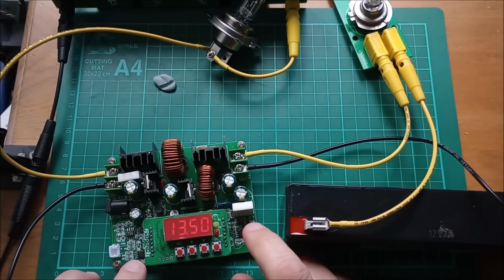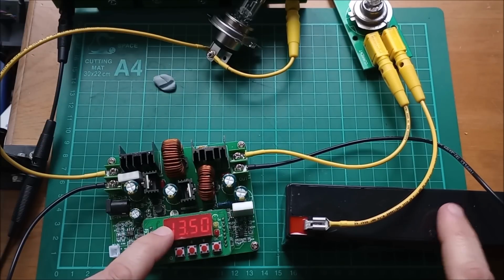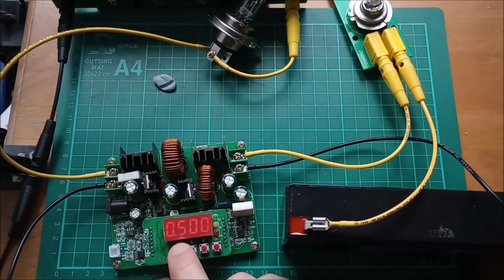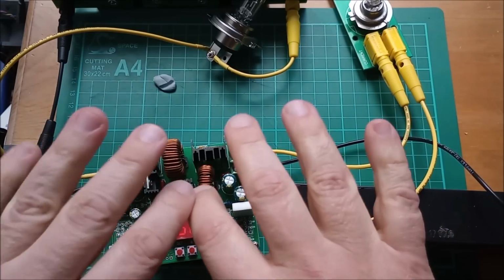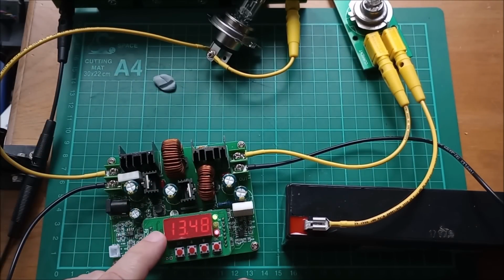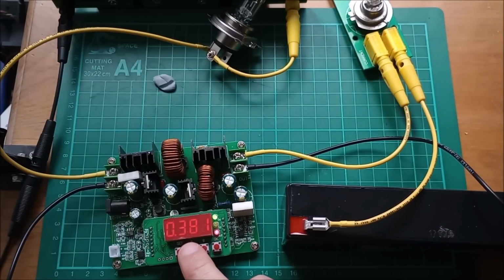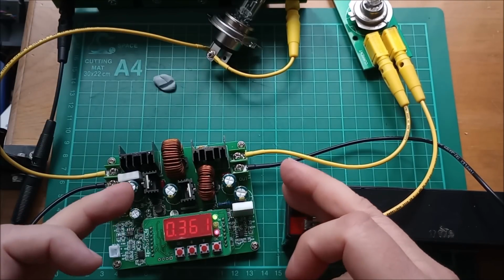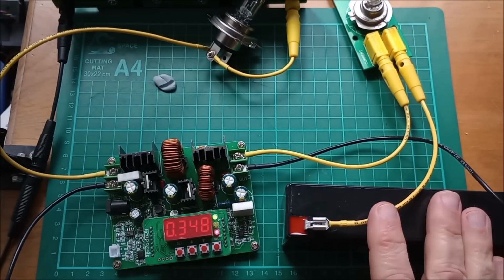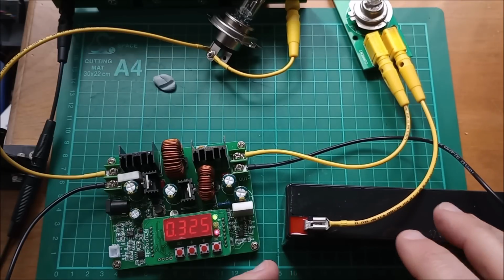Now I can switch on the boost buck converter. I've set it to 13.5 volts. That's a nice float voltage for the lead acid battery, and half an amp, so that's a nice gentle charging current. Let's switch it on. I can see the voltage of the destination battery goes up and settles at 13.5 volts because that's my voltage limit, and the current it's pulling is about 400 milliamps, but that of course will now start to fall as this battery takes in charge or energy